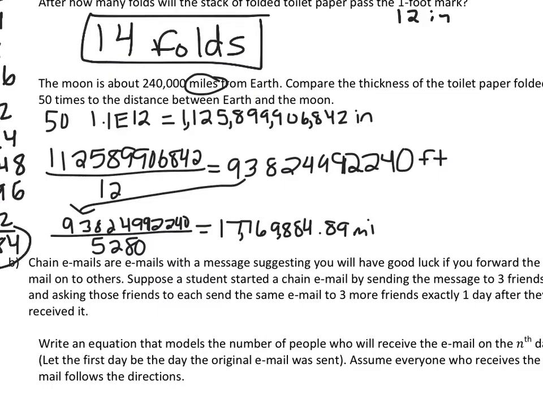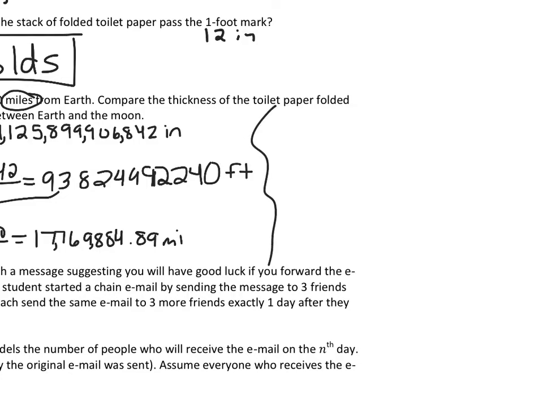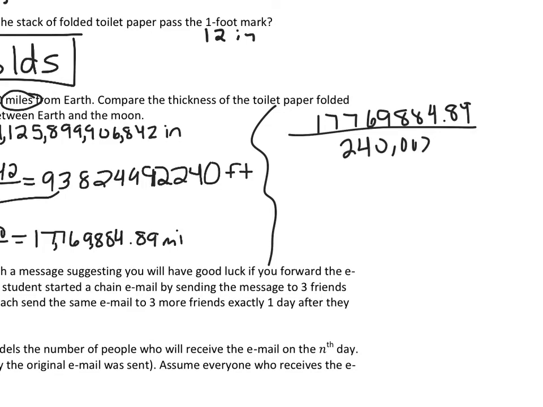But that's crazy. The distance from the moon to the Earth is 240,000 miles. This far exceeds that. Let's see how much it exceeds it by. I'm going to move over a little bit. So I'm going to take this number, 17,769,884.89, and I'm going to divide it by the distance from Earth to moon. When you divide that, you get